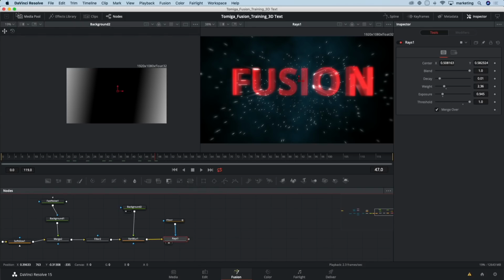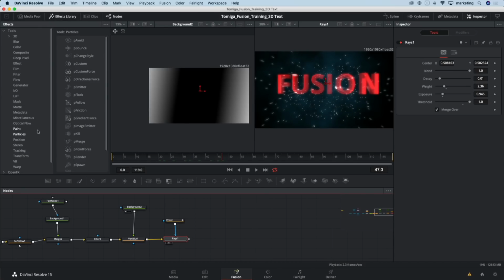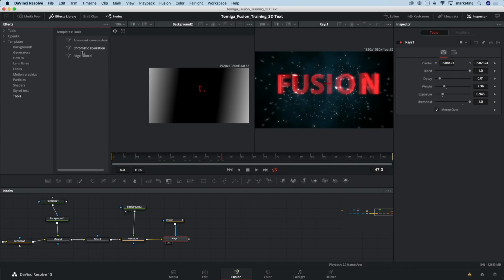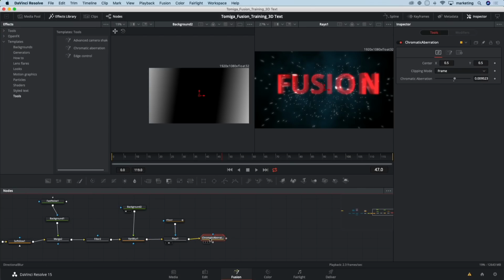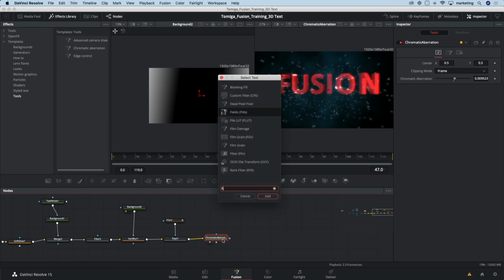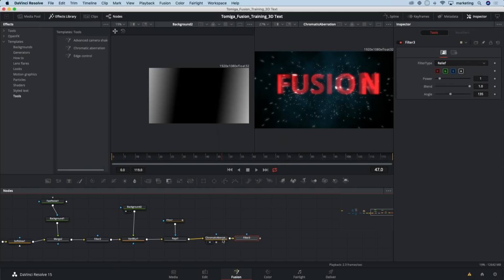Okay, let's go back to our effects library and back to those templates that we talked about earlier. Under Tools, I've got this cool little plugin called Chromatic Aberration. I'm just going to add a little bit of chromatic aberration. And lastly, we're going to add some grain. Got to use my favorite filter,